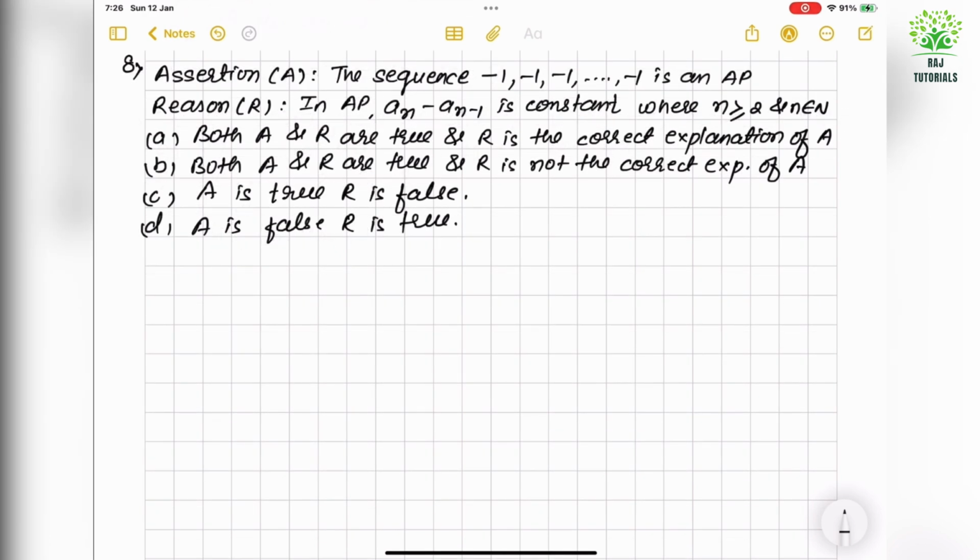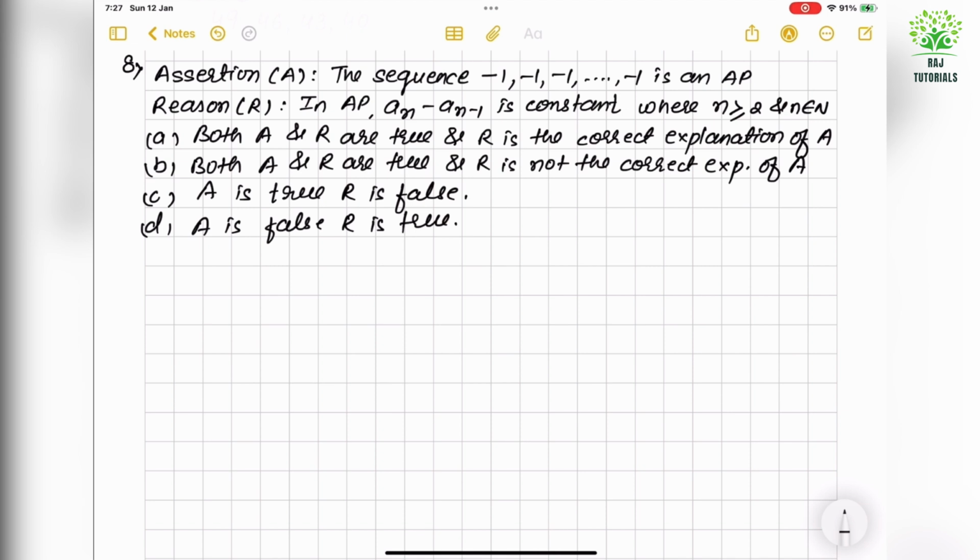Now the next question says assertion A: the sequence -1, ..., -1 is an AP. Reason says: in an AP, an minus a(n-1) is constant, where n is greater than or equal to 2 and n belongs to natural numbers. The options given to me are: both A and R are true and R is the correct explanation of A; both A and R are true and R is not the correct explanation of A; third, A is true but R is false; D, A is false, R is true. So here if I see the sequence